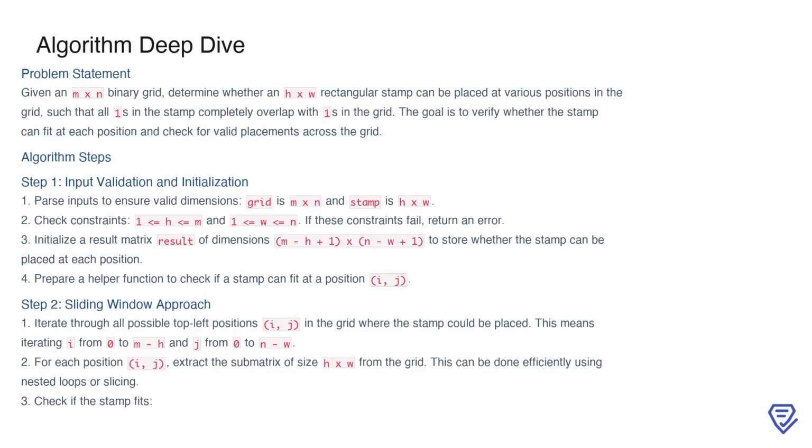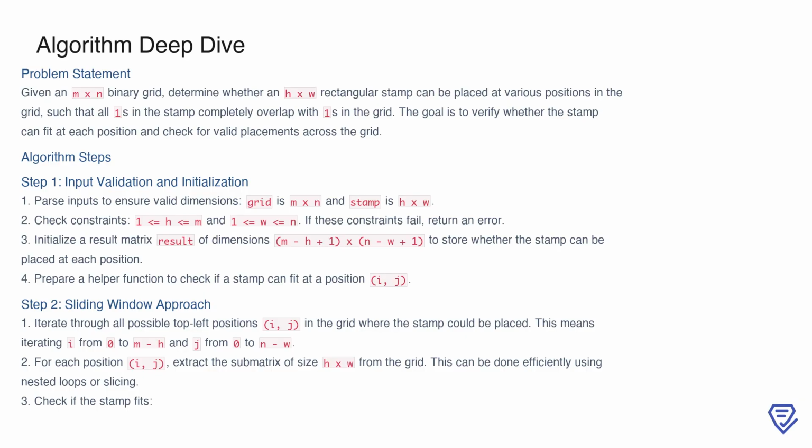To assist in this process, we define a helper function that determines if the stamp fits at a given position, i, j. The algorithm then uses a sliding window approach to iterate through all possible top-left positions of the stamp in the grid, extracting the corresponding submatrices to check for valid placement. The goal is to systematically identify which positions can accommodate the stamp while maintaining alignment of 1s between the grid